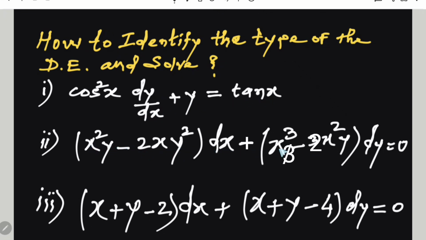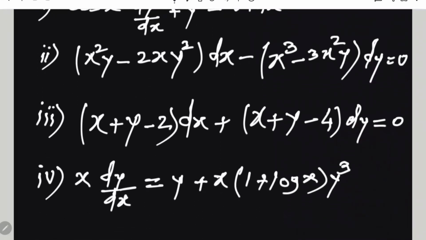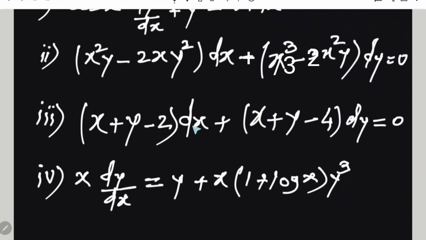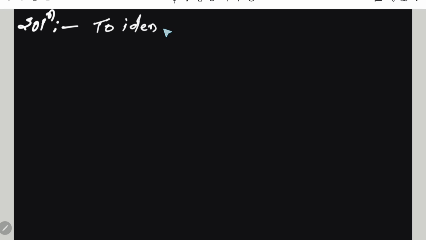Examples. First one, cos square x into dy by dx plus y is equal to tan x. Second, (x square y minus 2xy square) dx plus (x cube by 3 minus 2x square y) into dy equal to 0. Third, (x plus y minus 2) into dx plus (x plus y minus 4) into dy equals to 0. And the last, then to identify